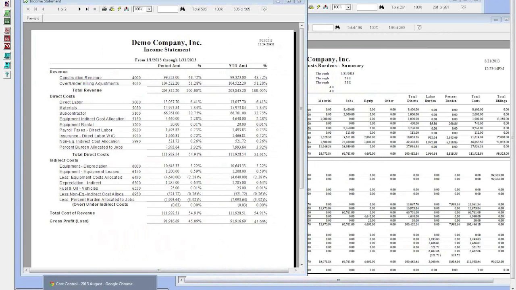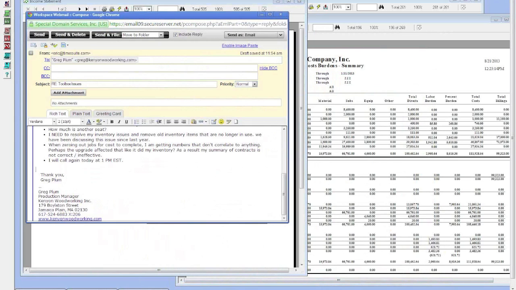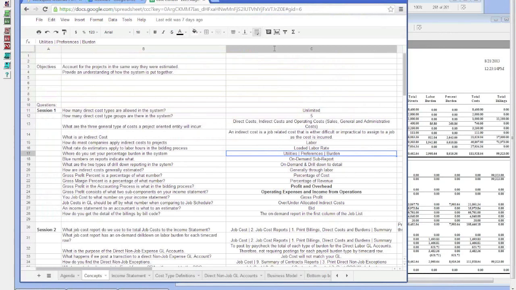By having your over under allocation trued up, or if it's close to zero, then you know your rates are okay. So here we have